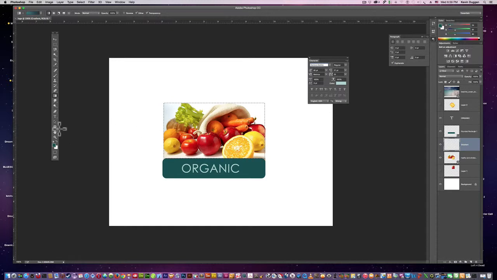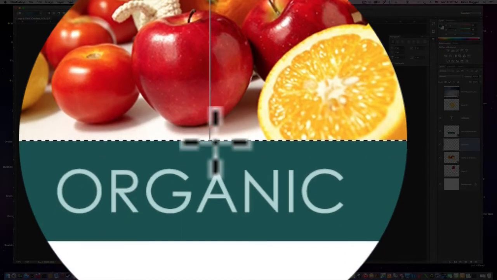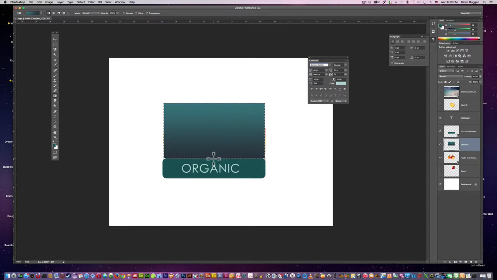All I have to do is come over. I have my gradient selected. Here's my gradient right up here. Just come over here. I hold down Shift so I make a straight line. And there's my gradient. Or I could have it going this way, that way. You know, depending on where you start the line and where you stop is going to make a difference. So if I want to change my colors,